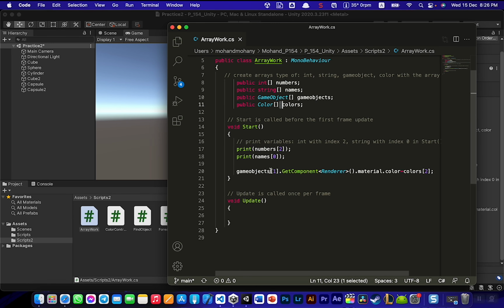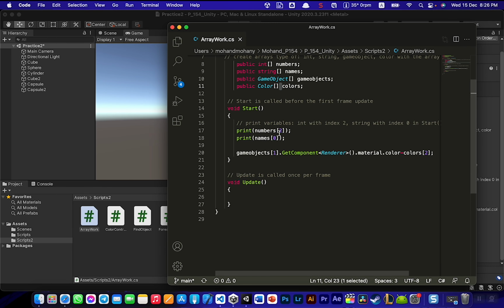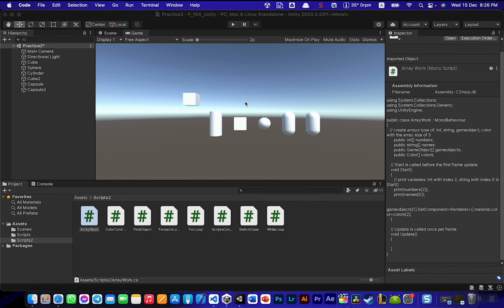Okay. After that, in the void start, it will be called first time before the first frame update. And here we print number for element number 2, and print names for element 0, and game object 1 will change its color to color number 2 as an element 2 in colors. So as we selected here,